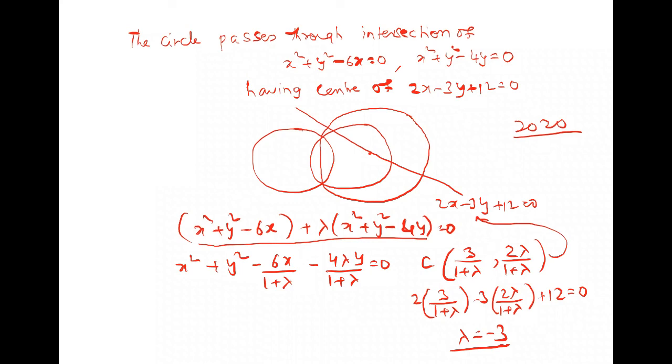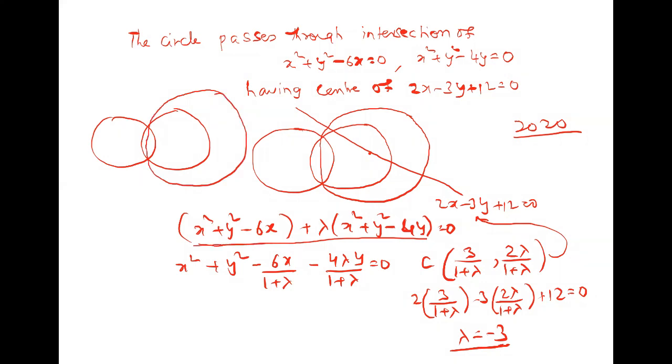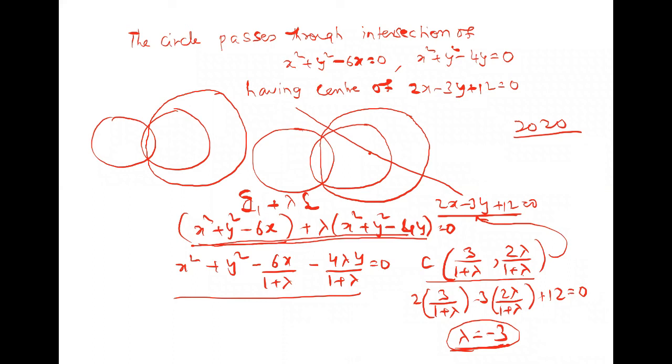So very carefully we have seen all questions. I can explain you once again. This is one circle, this another circle, a new circle intersecting these two circles. That is a new circle. One circle S1 plus lambda times S2. You got new circle. The new circle center lies on this line. Okay, you get lambda equal to -3. That lambda equal to -3 you substitute here. You get your required equation of a circle.